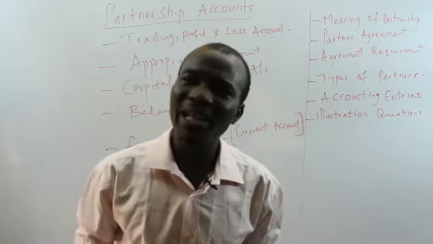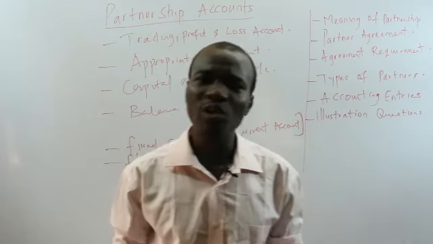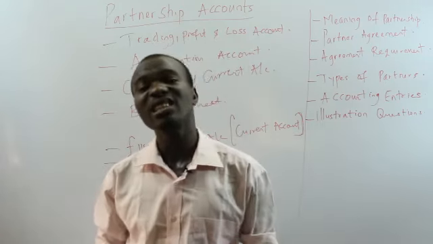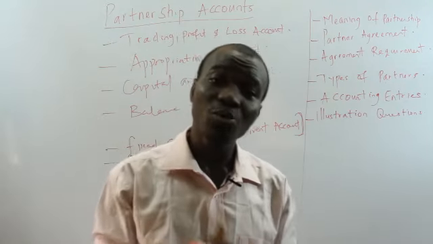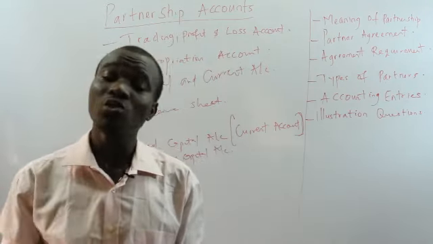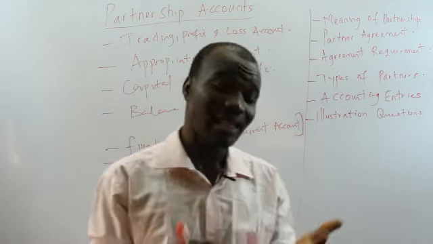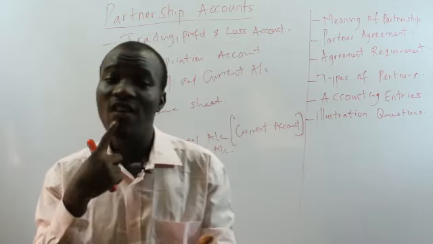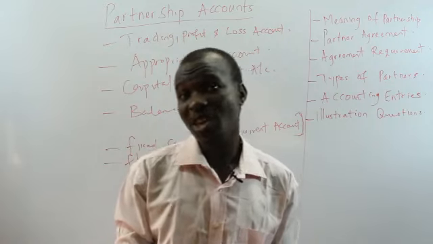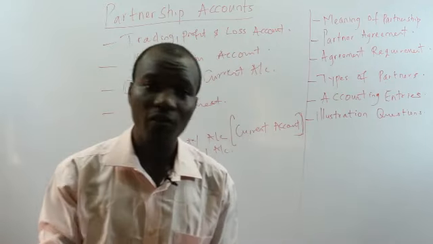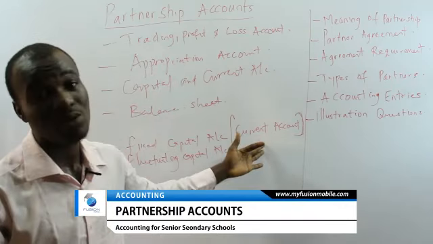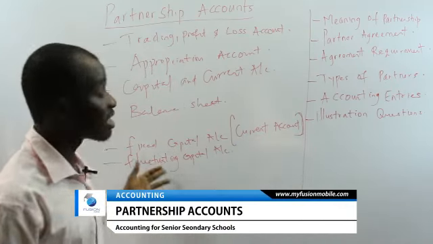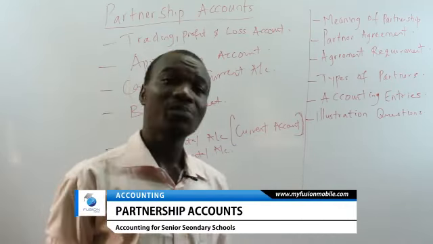So the next thing we have is the fluctuating capital account. If partners maintain a fluctuating capital account, it means the initial capital of the partner will be fluctuating. That is, it will be changing from one period to another with the adjustments of the partner. That is the salary, interest on drawings, interest on capital, and what again do we have? We have share of profits. So it means those adjustments will not be taken to any form of external account, but will be taken directly to the capital account. So you must know this perfectly.